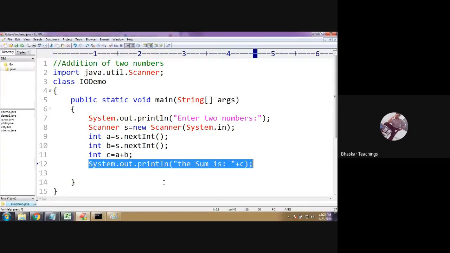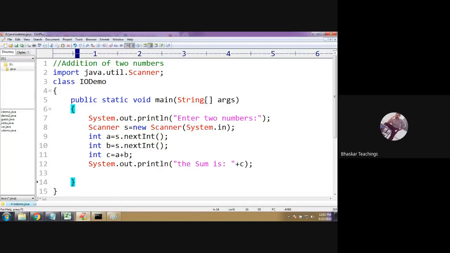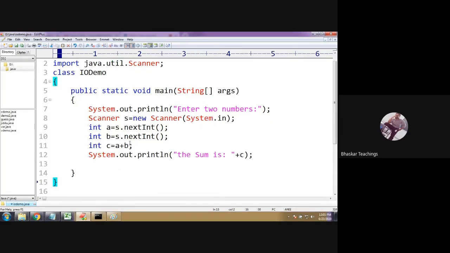All these things, the System class and the String class, these two classes belong to the lang package. Here, just watch it carefully. Everything which appears in red color, Scanner, String, and System, are the three classes we have in this program. The Scanner class belongs to the util package, so you are importing the util package.